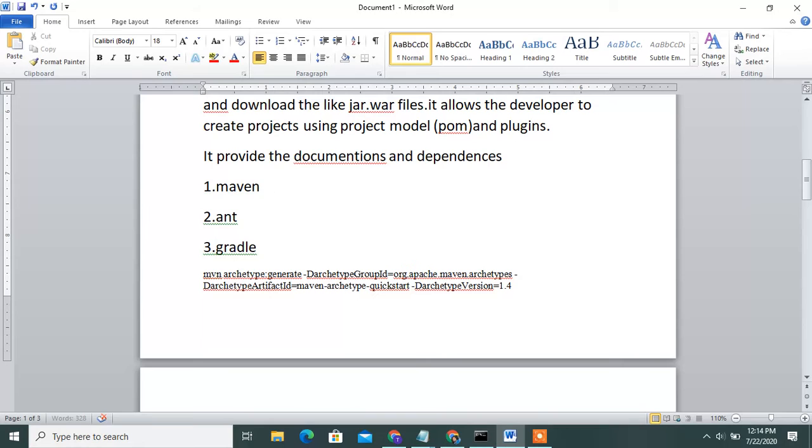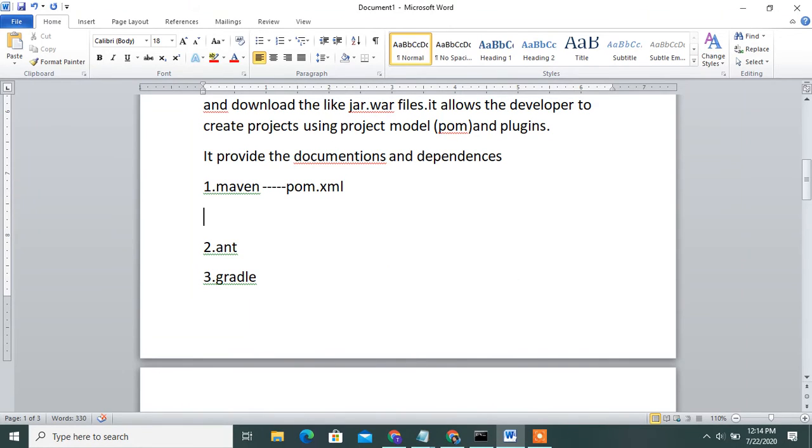With Maven you can also create the pom.xml. The pom.xml means project object model.